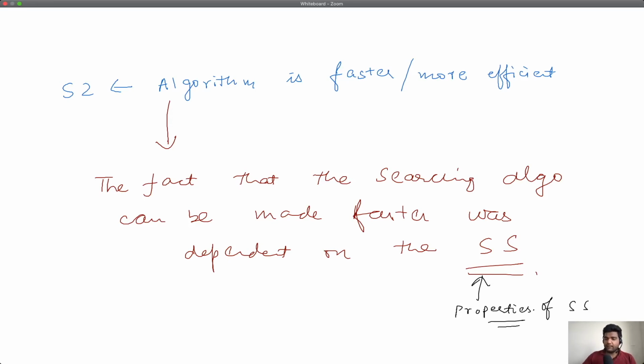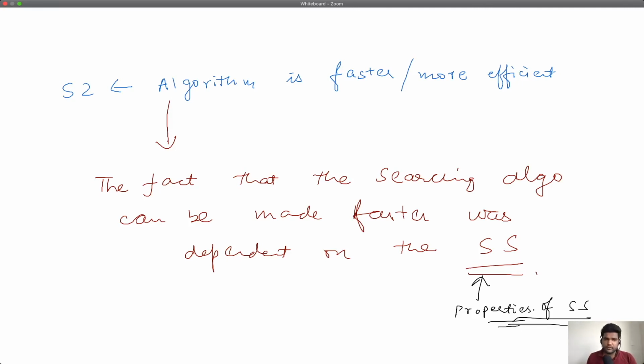And we as computer scientists are mostly interested in this aspect of searching, which is trying to come up with methods to search for an item in the search space faster than brute forcing all possibilities. And we now know that whether that can be done or not is really dependent on whether the search space obeys certain properties that you want it to have.